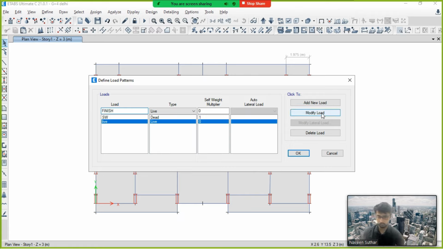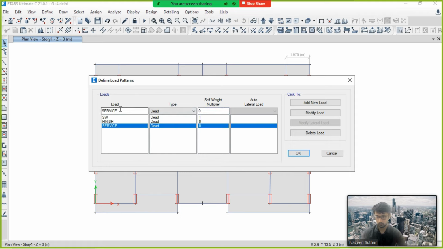Okay, and we'll modify this one. 1 minute. That's dead, right? Modify this one. Okay, and now we will write service. So service, please make sure it's 0 and add a new load. Here it is 0. Okay, modify it, and okay,